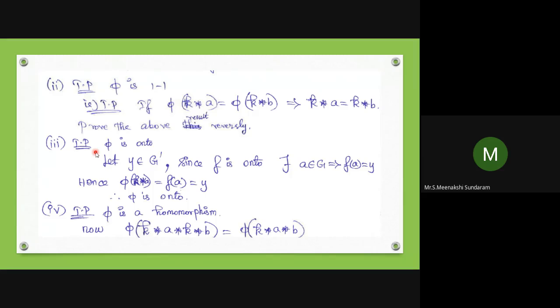Onto னா every element in the codomain has a pre-image, not unique, has a pre-image in the domain அப்படின்னு சொல்லிட்டீங்கன்னா அது onto னு சொல்லுவாங்க. ஓகே, to prove the onto, அப்போ நம்ம இப்போ ப்ரூவ் பண்ணிட்டு இருக்க டேர்மே g over k to g dash னு